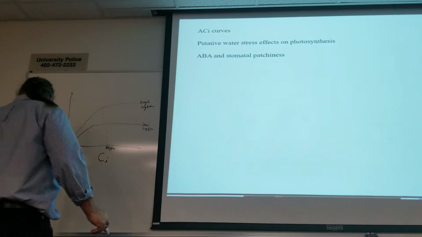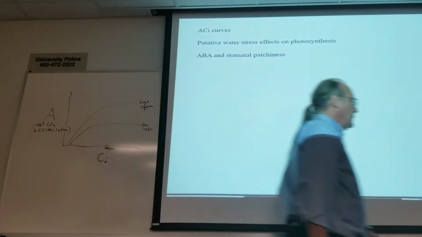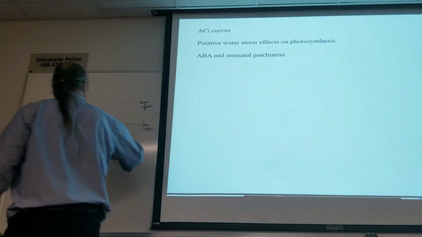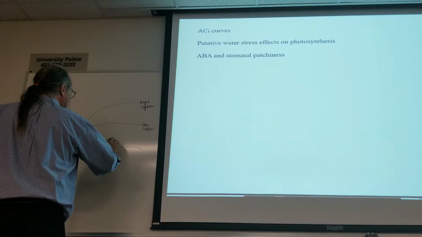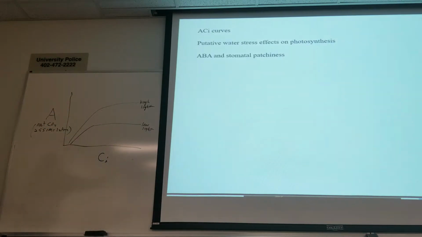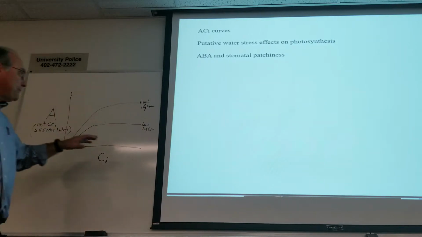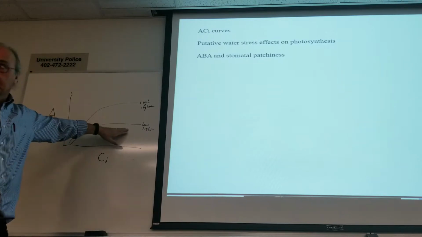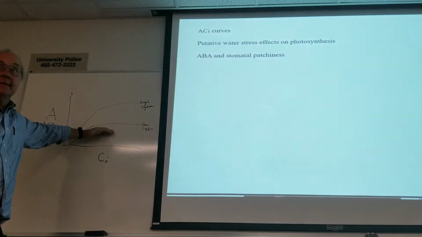Don't worry about the dotted line. We could spend a few weeks talking about all the nuances. But anyway, my point is, here, light intensity has altered this A-CI relationship,